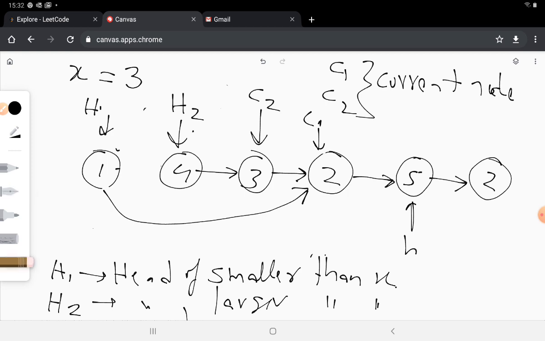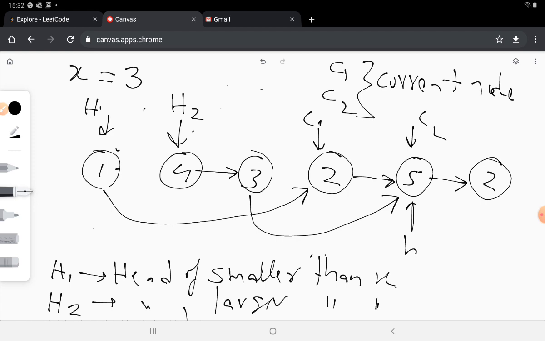So basically what that means is that c2 starts pointing to 5, and the prior value of c2 starts pointing to 5 as well.